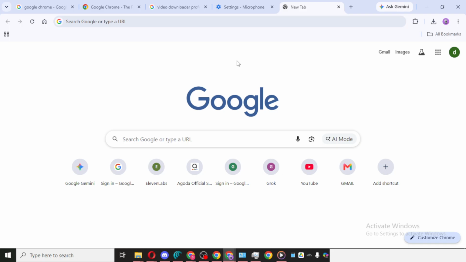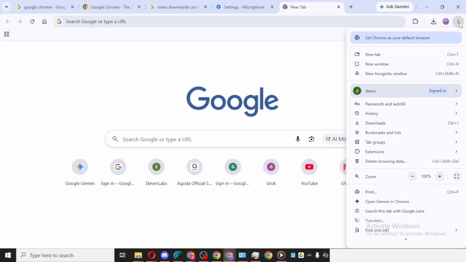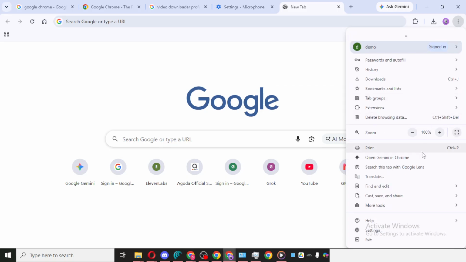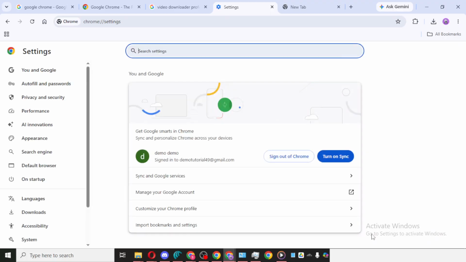First, open Google Chrome and look to the top right corner of the browser window. You'll see the three-dot menu there. Click on those three dots to open the main Chrome menu. From that menu, click Settings. This is where Chrome stores all of the options that control how your browser behaves when it opens and how searches work.